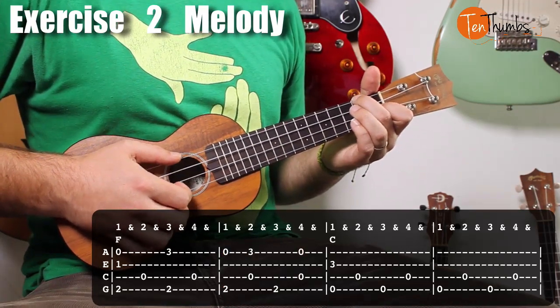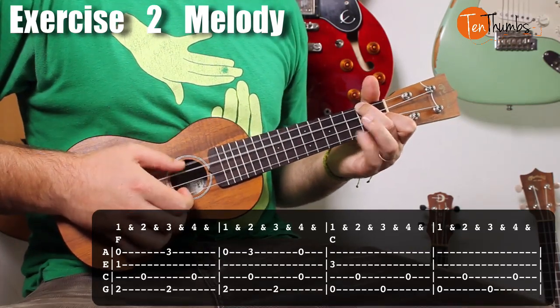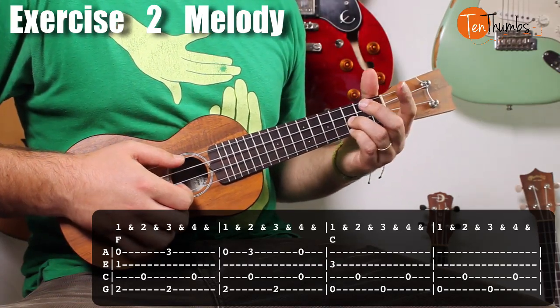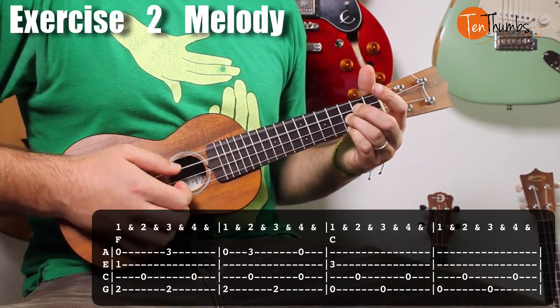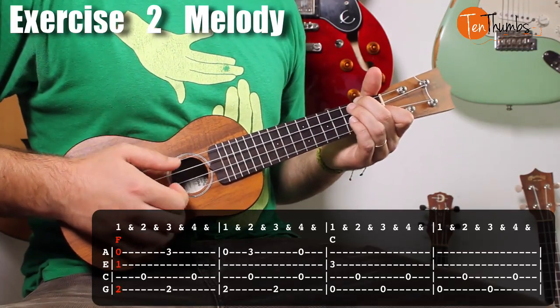we put them together and we get, alright, and then immediately after that we're going to drop that ring finger to the 3rd fret and the pinky to the 3rd fret and play the C. You want that to ring out, right? And then play that bass. Okay, so we put those 4 bars together, we get,